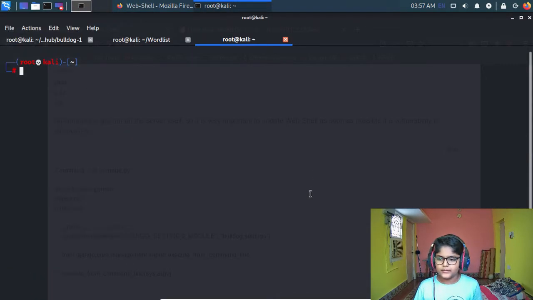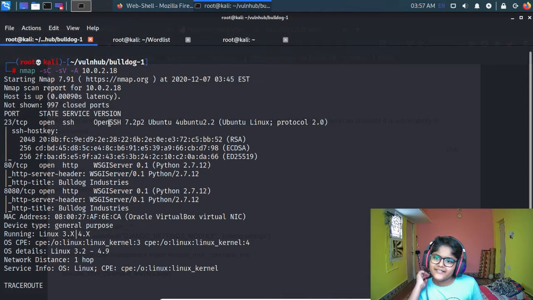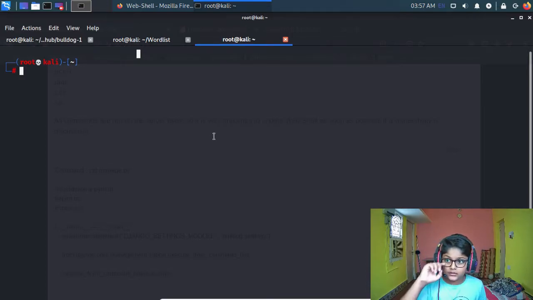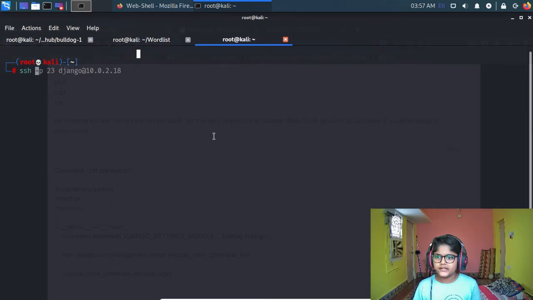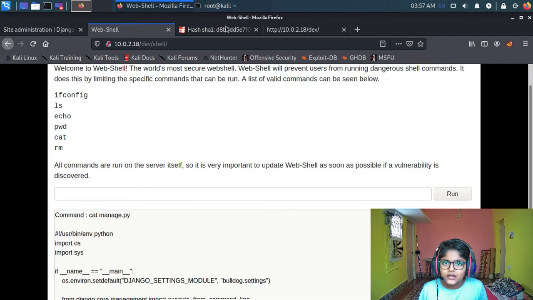Let me clear up the screen, and we have SSH open, right? The SSH is on a port, so we can try the same password, bulldog lover, with the username Sarah. Maybe we can try ssh -p 23, because the normal ports won't work. The -p means the particular port. Okay, I don't know. Fine. So yeah, and we can use Sarah.